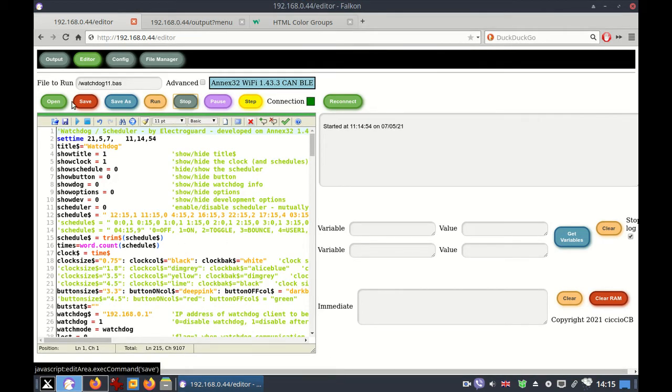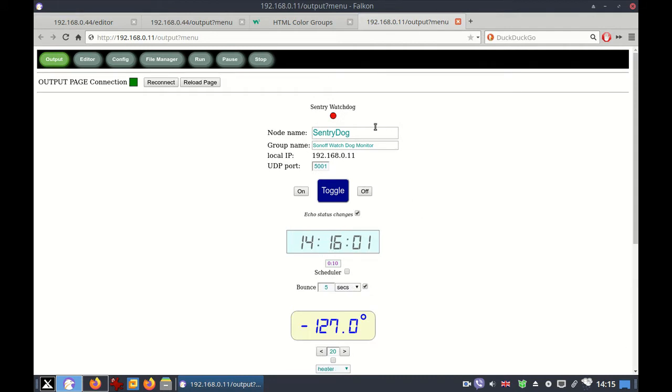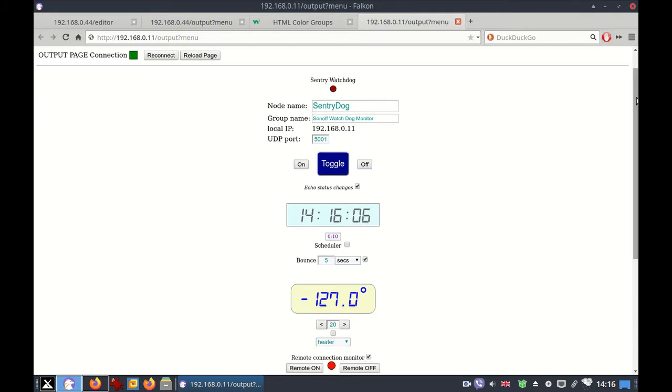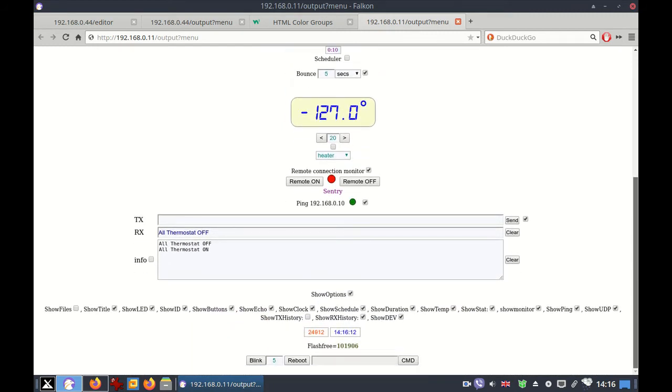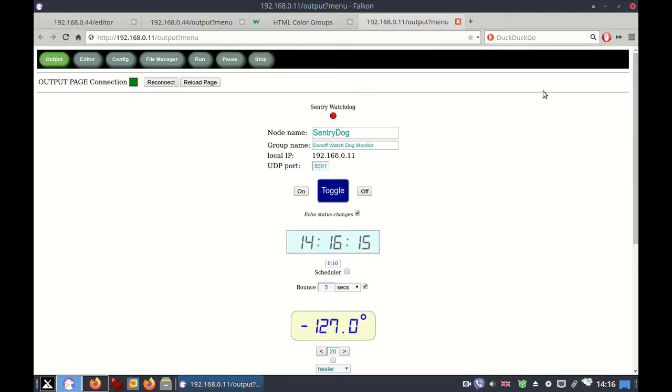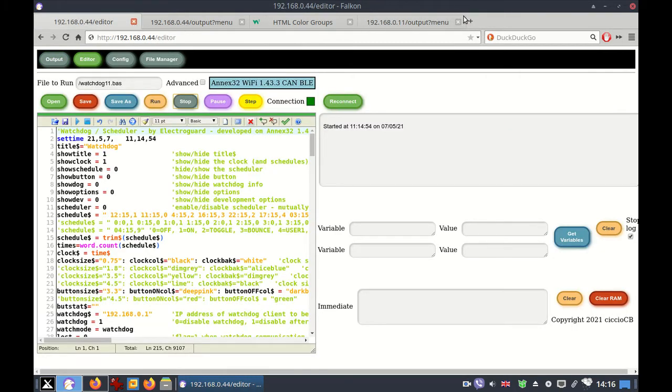I've called this script Watchdog because it's got to be called something, and it is in fact a stripped down version of my Sentry Watchdog. It keeps an eye on the Sentry alarm, which has a lot more functionality than the one that I'm publishing now. But the main reason I'm publishing this one is to offer examples for CSS styling,